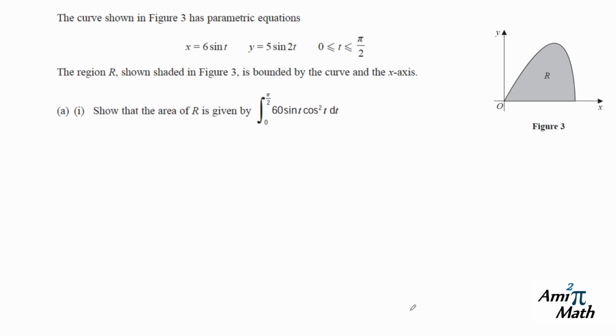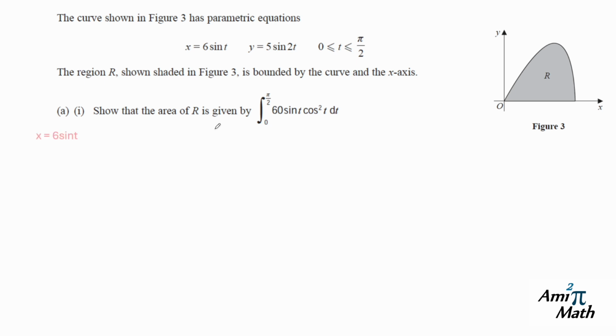The curve shown in figure 3 has parametric equations x equals 6 sine t, y equals 5 sine 2t. The region R, shown shaded in figure 3, is bounded by the curve and the x-axis. Show that the area of R is given by the integral from 0 to pi over 2 of 60 sine t cos squared t